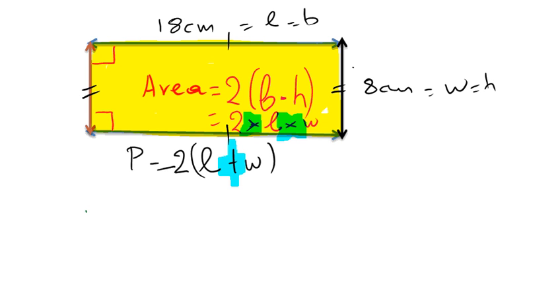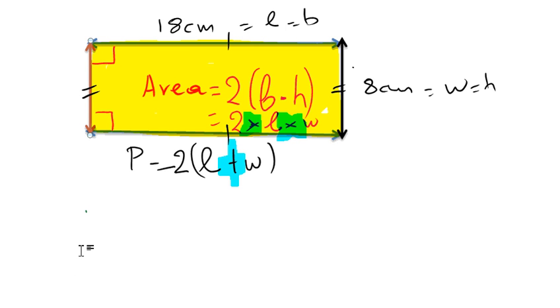But before doing anything else, I want you to go to the very simple shape all of us know, and this is the square. And I want you to remember that